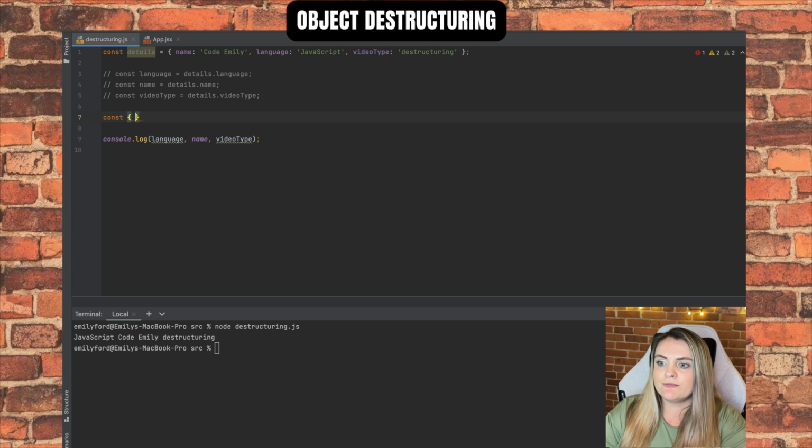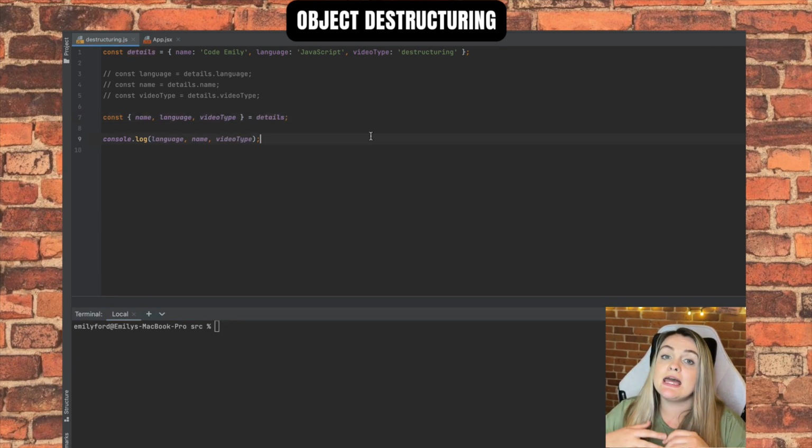So inside of here, we're going to call these items name, language, videoType, all of the object keys, equals details. And then if I print this out, you'll see the same values. An important thing to note when you're destructuring objects is that it works a little bit differently than arrays. If I ever wanted this to be a different variable name than the key itself, what I would do is actually override it, saying name is, let's say, channelName